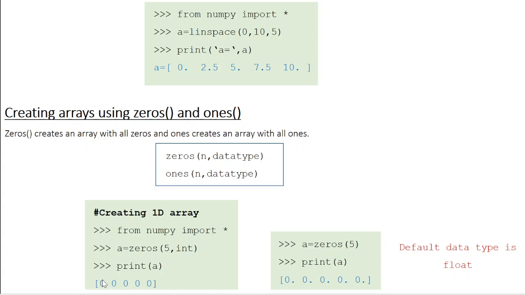You have a one-dimensional array having 5 integer zeros. Now if you don't mention the data type here, the default data type is float. So if you say a equal to zeros 5, this is how the output is going to be. Once again, you have a one-dimensional array of 5 zeros, but here all the zeros are floats.